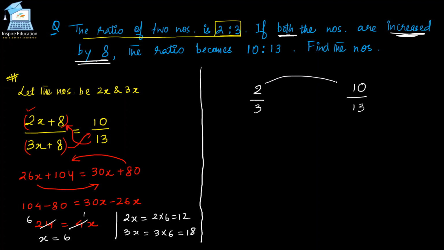But if I see, this number is increased by 8, but this number is increased by 10. So why this kind of mismatch? Because these are not the original numbers. These are the ratios. So we need to balance the ratio here. How can we make this particular thing the same? We will not work on this; we will make this particular gap the same. Here the gap is 1. Here the gap is 3. Please understand very carefully.